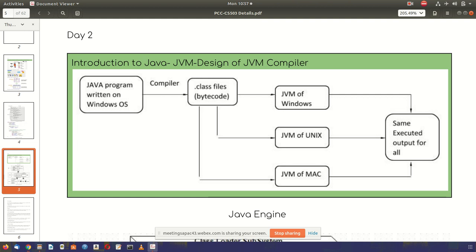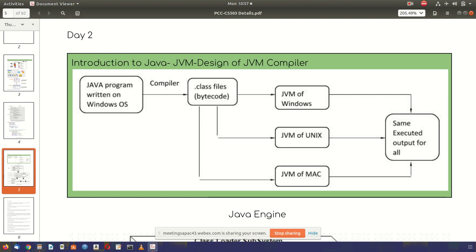This software will be in the background. So Java is very much popular because of this provision, that when you install Java, it installs a virtual machine.